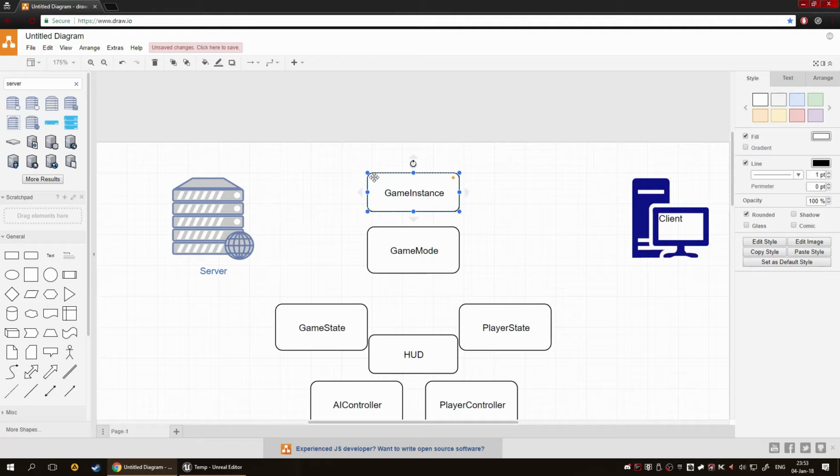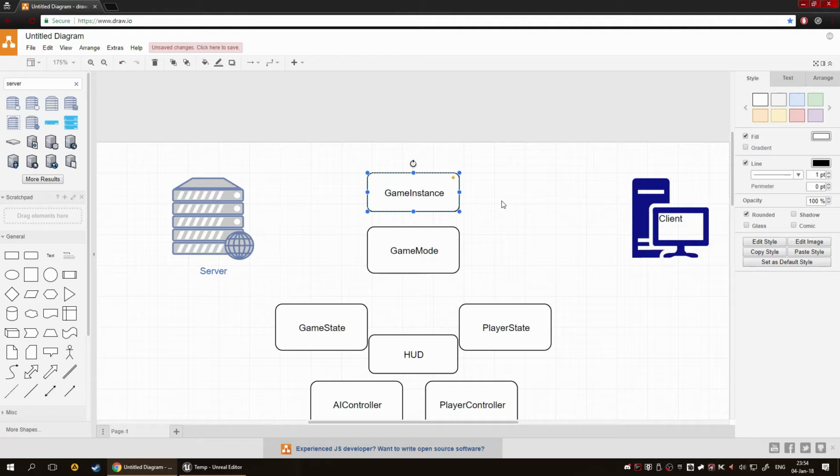So game instance is sort of your spot where you will be storing a lot of the data that you want to transition between levels, for example, right? If it's a single player game and you want your player to retain its health, for example, because let's say in level 1 he had 100 health, and by default the player when spawned gets 100 health. And if by the end of the level you load another level,